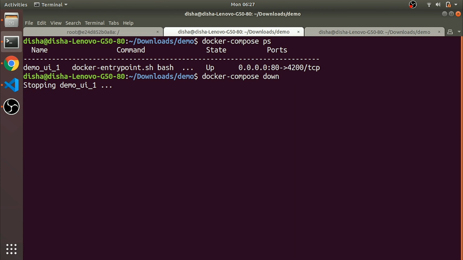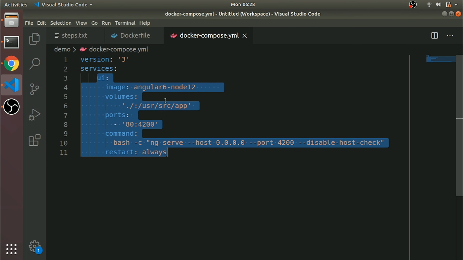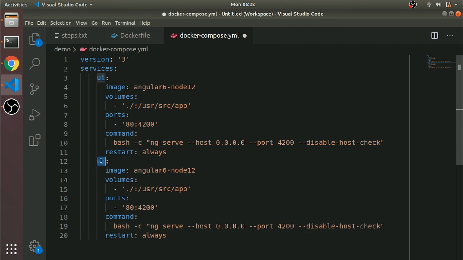Before changing the Docker Compose file, we need to stop the Docker services, otherwise it will create some error. So the better process is to stop those containers first, then we can create multiple services using the same Docker Compose file. For demo purposes, I will create another service.